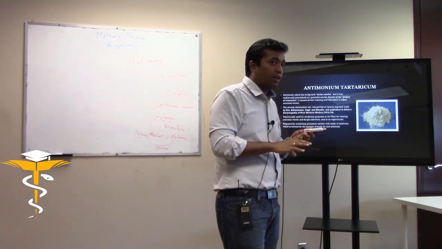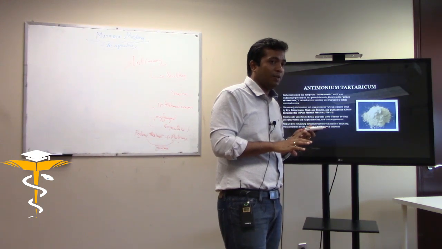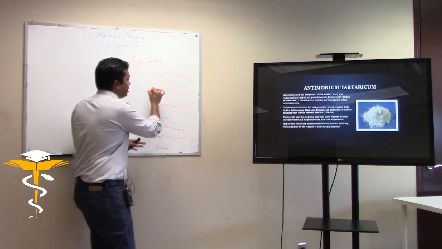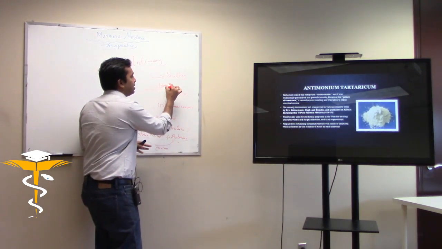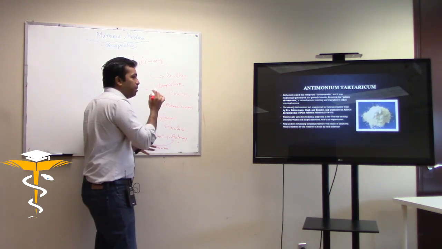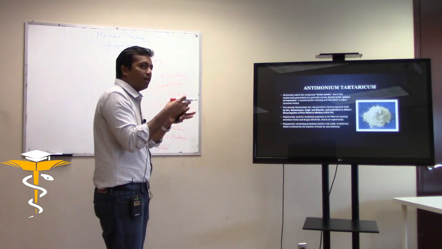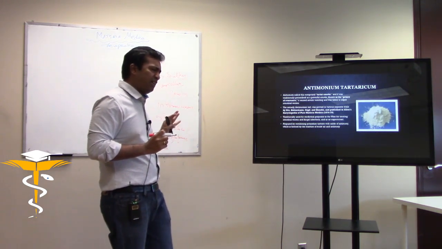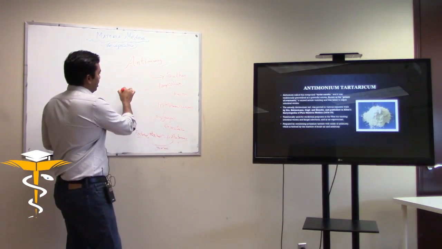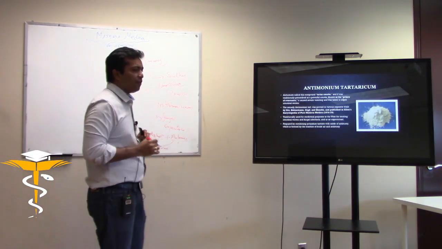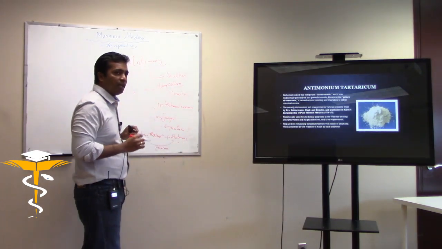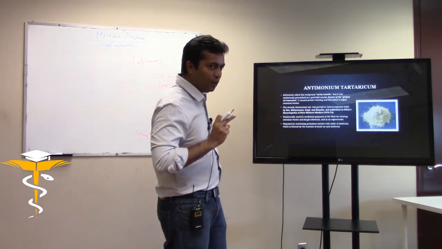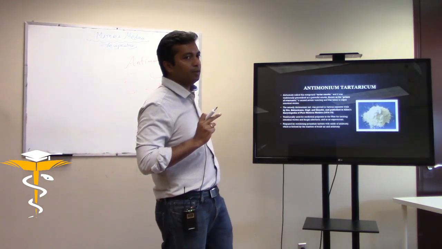Second, even in your house you can find that. Where? In your basement. So antimonium tartaricum patients have got aggravation in damp cellars. Based on the way the remedy was formed, you can understand the characteristics in your patient. All antimonium tartaricum patients, an easy way, let's follow the three-legged stool. One of the legs would be, ask the patient, where are you living? If he says basement, one leg of the stool is ready already for you to prescribe antimonium tart.